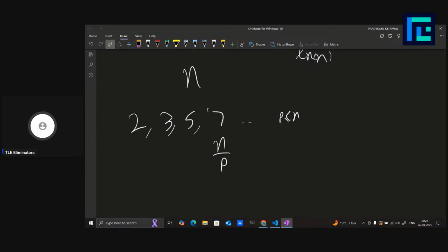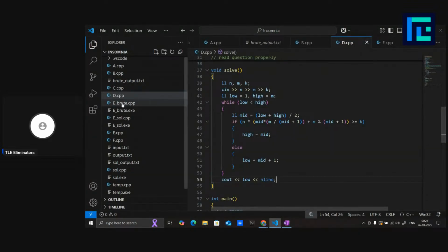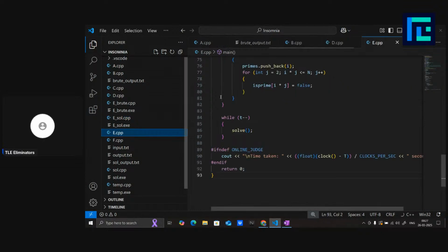So I hope it is clear to all. If it is clear, then I'll show you the code. All right. Yeah. So the code is,